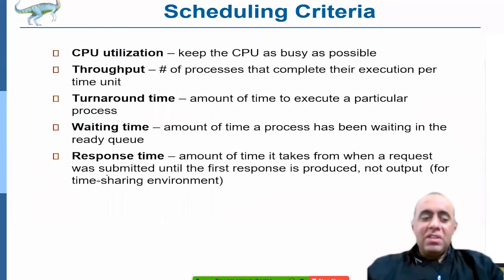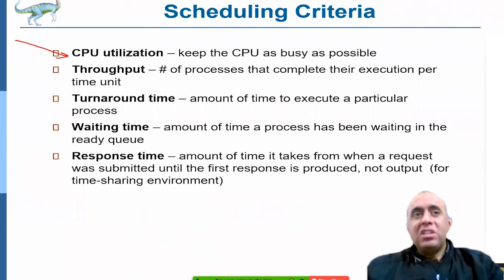Okay. Then we have the scheduling criteria. In order to do better CPU scheduling, we need to keep in mind certain criteria which need to be taken into account every time a decision is made. The first one is CPU utilization. CPU utilization is the amount of time the CPU is kept busy with a process. So CPU utilization would be 100% if the CPU is busy all the time, and 50% if half the time the CPU sits idle doing nothing,